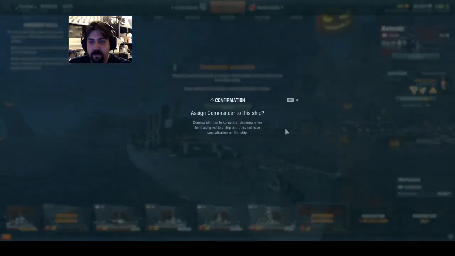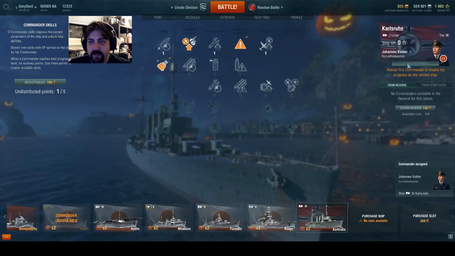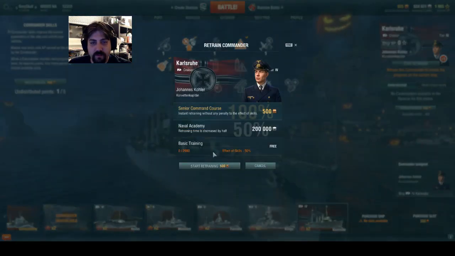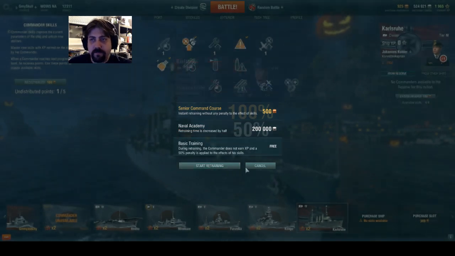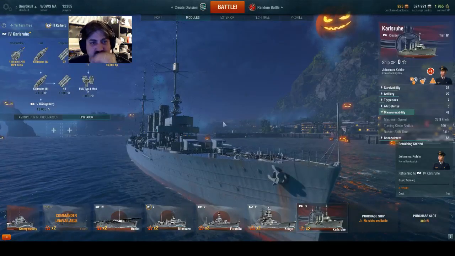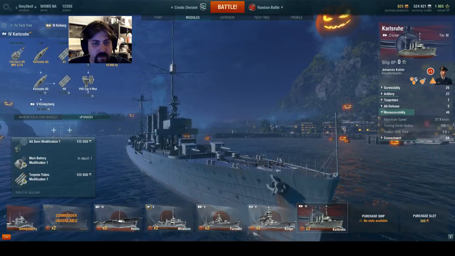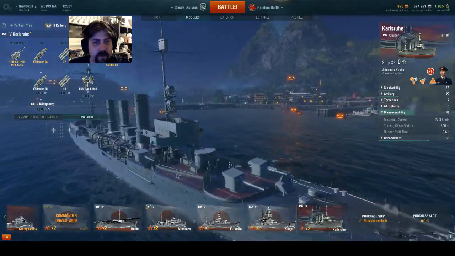Assign the commander. Don't really have the cash to be tossing money into this thing. So, much as I hate it, I'm just going to take the free training. Takes a couple extra battles to get those skills back, but shouldn't take too long. What do we have here? We've got...